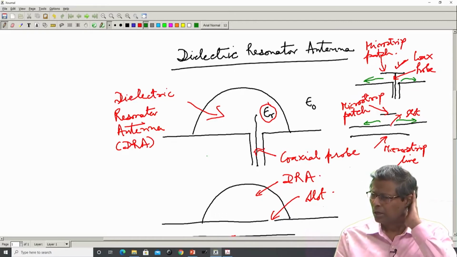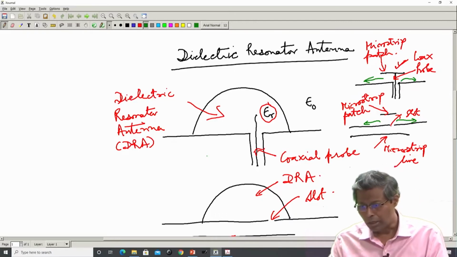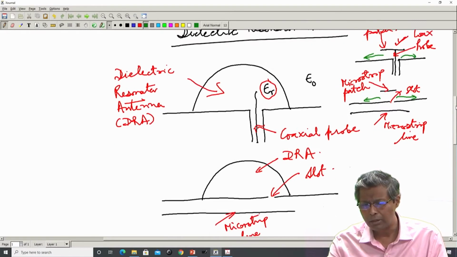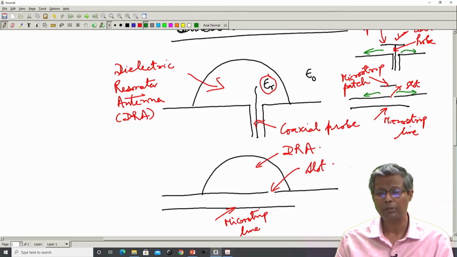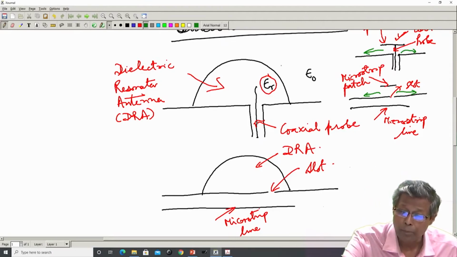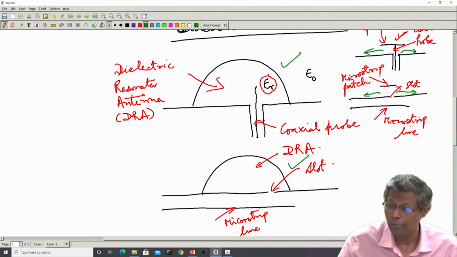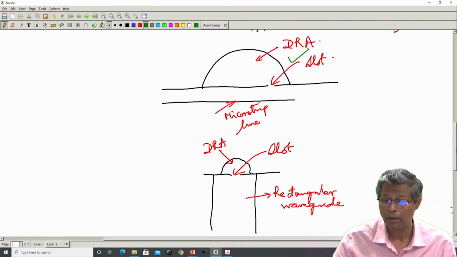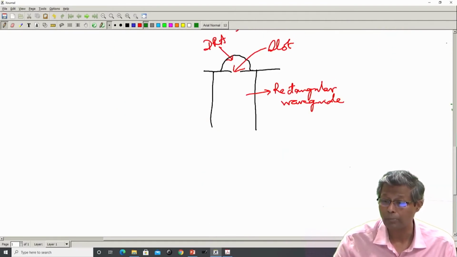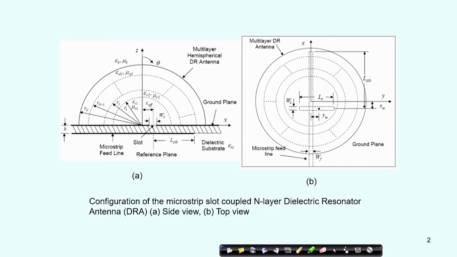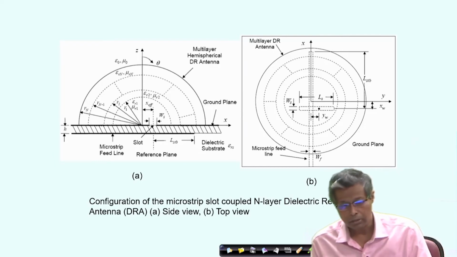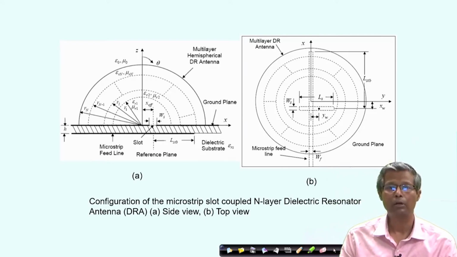Now, we will essentially deal with the excitation problem or the coupling problem to the DRA in relation to the probe coupled, the aperture coupled and the waveguide coupled structures. So, we start with the multilayer dielectric resonator structure, which is aperture coupled to the microstrip line at first,